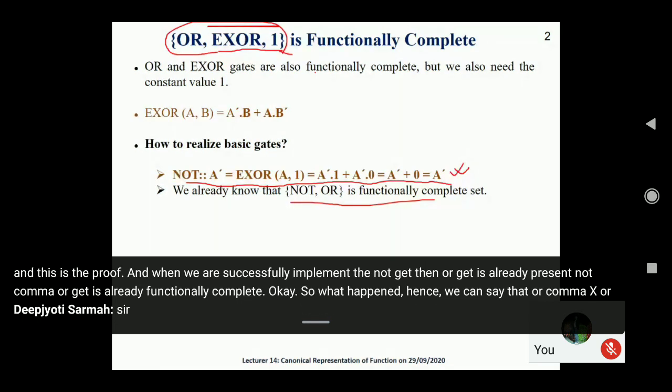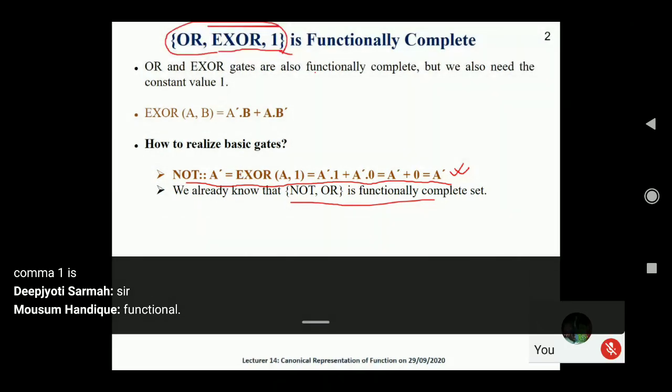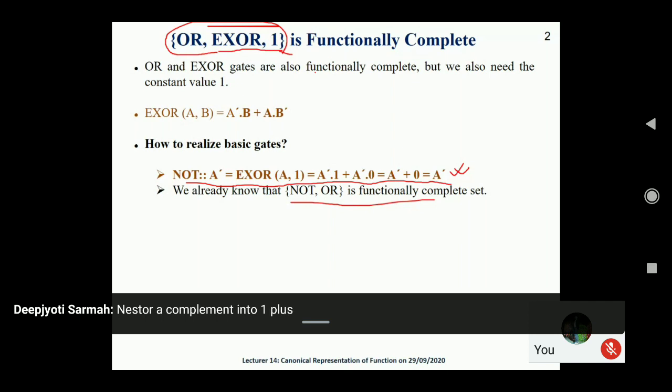सर बोलो, बाप रे बाप, बहुत देर के बाद क्वेश्चन आया है, बोलो. हाँ ना सर, a complement into 1 plus a into 0 ना,